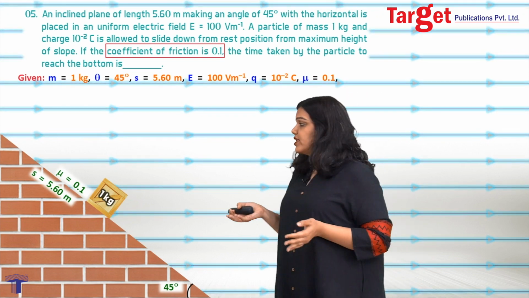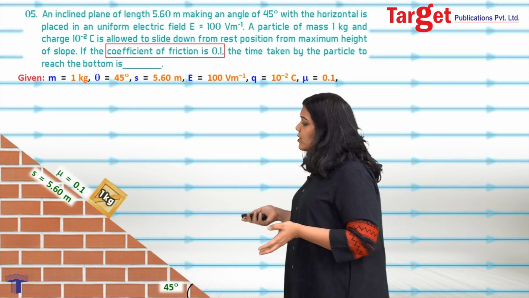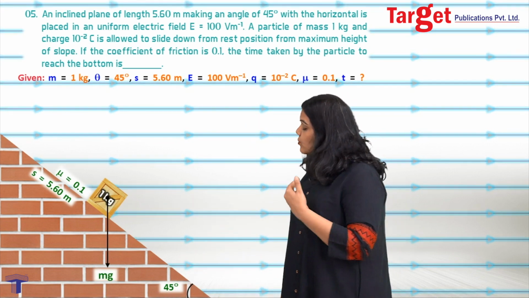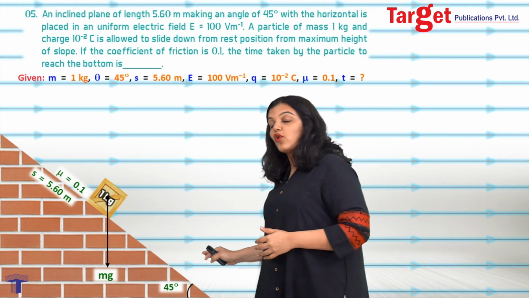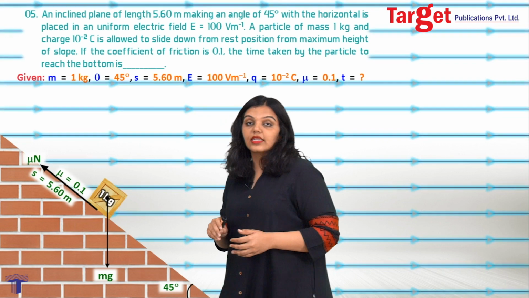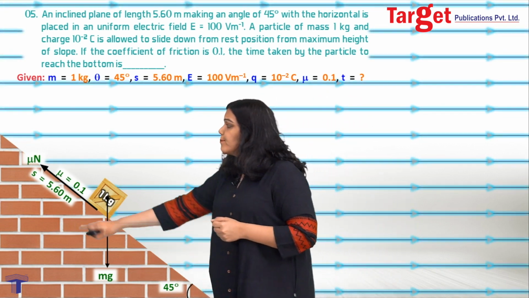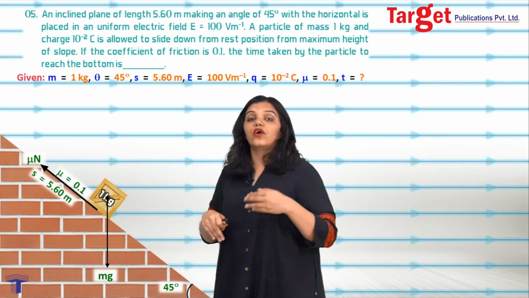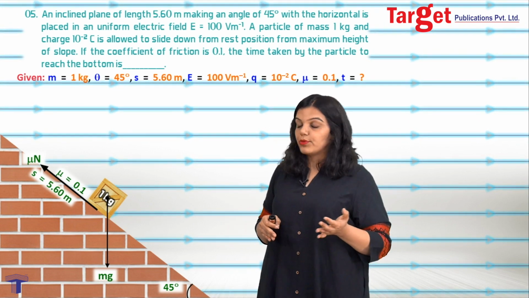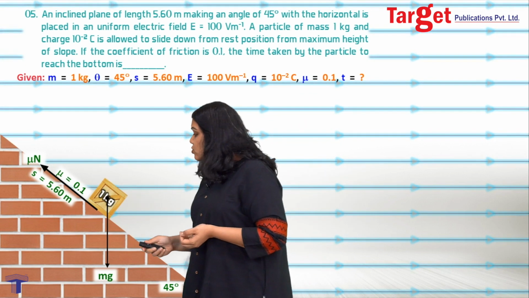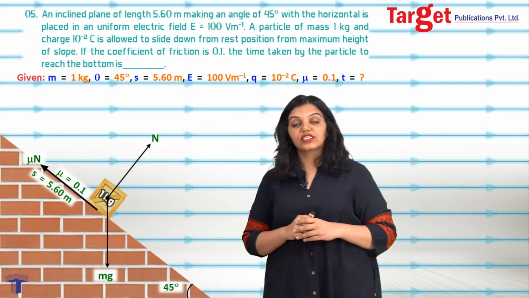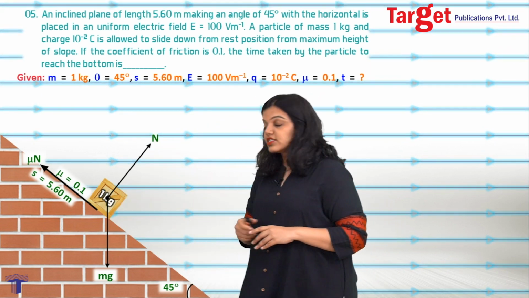So let's start with the free body diagram, which we already know. The first thing we know is that the weight of the particle will act in the downward direction, that is mg. And we also know that because the particle is trying to fall downwards, that is along the inclined plane downwards, there will be friction acting on the particle in the upward direction. So I write mu N. Remember, mu N is the formula you use for maximum friction, and since the body is moving, therefore you will use the formula mu N. Now, we also know that there is a normal reaction because of the plane on the particle, and therefore we have normal reaction which is perpendicular to the surface.